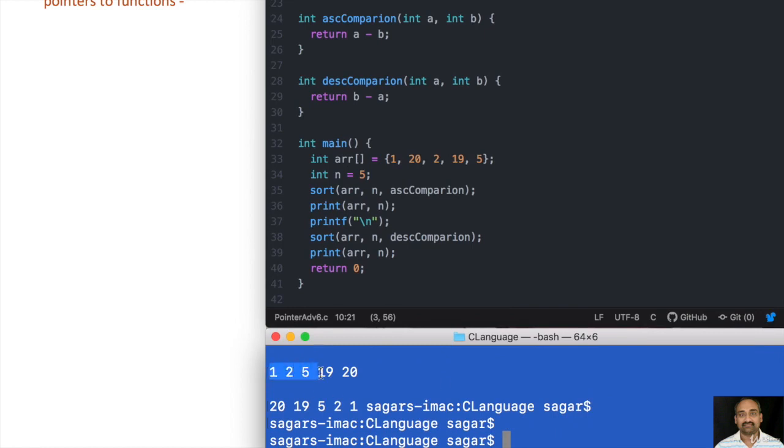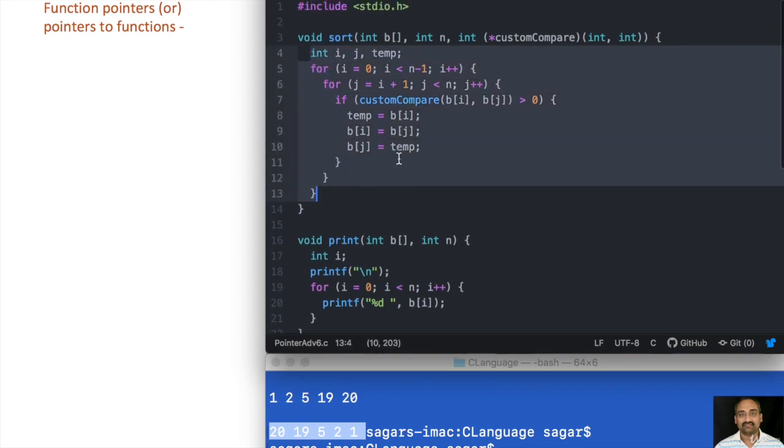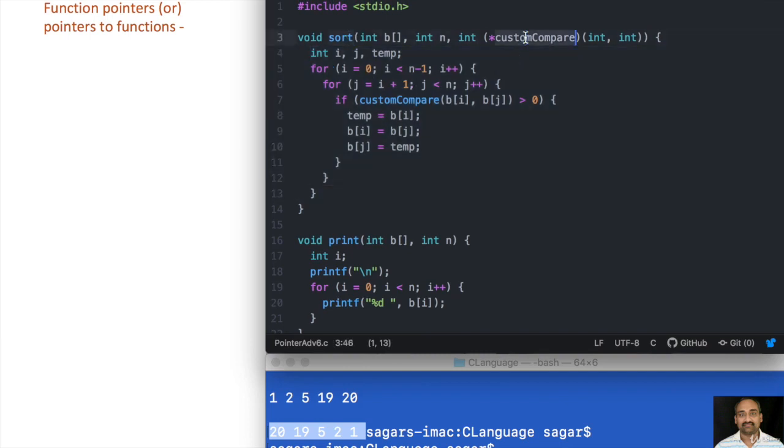Now you can see that the first arrangement is based on this function and the second arrangement is based on the descending order comparison function. So this is how it is. Now your sort logic didn't change, the entire algorithm remains the same, except that we opened an option to the caller, somebody who is calling sort, and we asked them to provide the comparison logic. And based on their comparison logic, we are arranging the elements. And this is how you can write flexible code. So you can write code which is adaptable to change. So this is a very important concept, and this is achievable through function pointers.